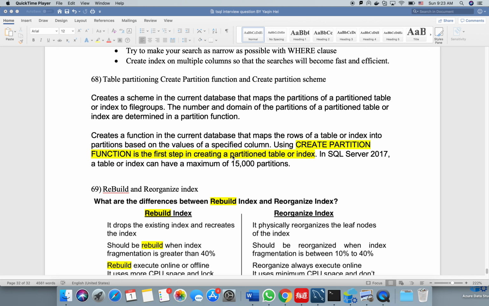So this is the partitioning table. We use the partition function to separate these tables, and we use UNION to combine them. And for the scheme, for example, create partition function, we just need to set